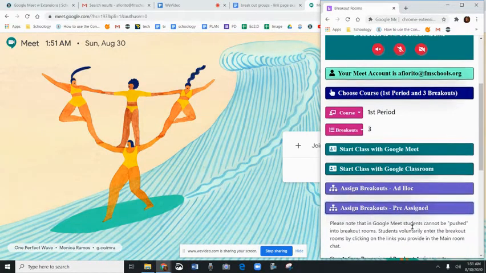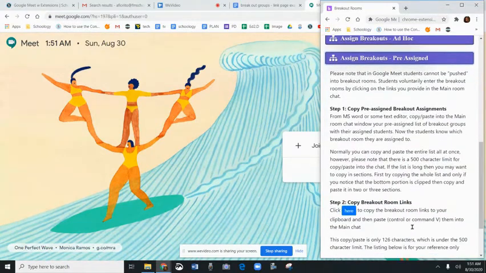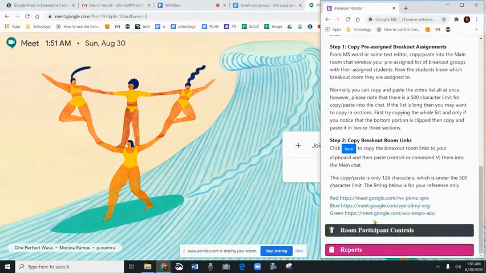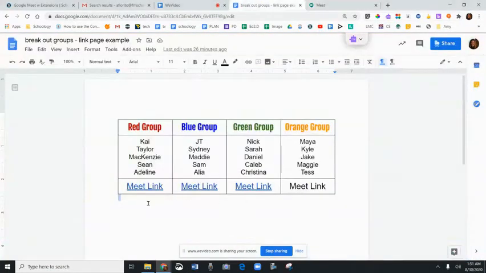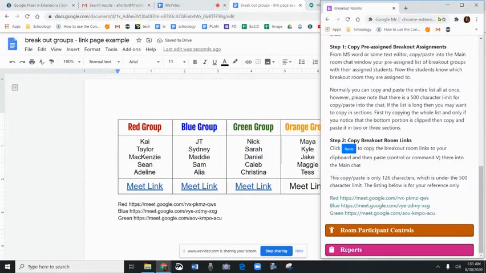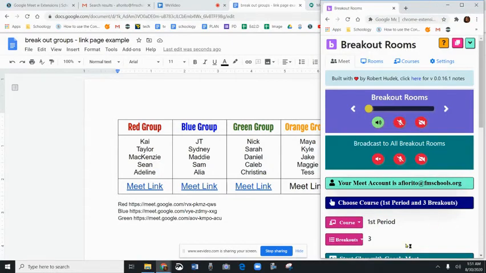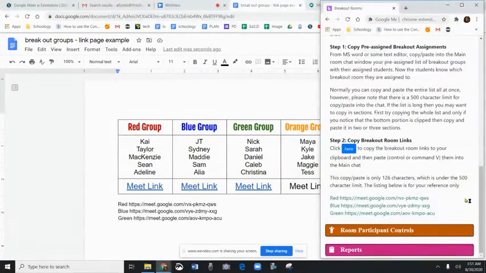This basically gives you directions on how to do it, but essentially what it's telling you is that those links that they set up when you initially set up your breakout rooms are copied in this section. And if you click here, it'll copy them to your clipboard, and then you can paste them. What they suggest is that you paste them directly into the chat section